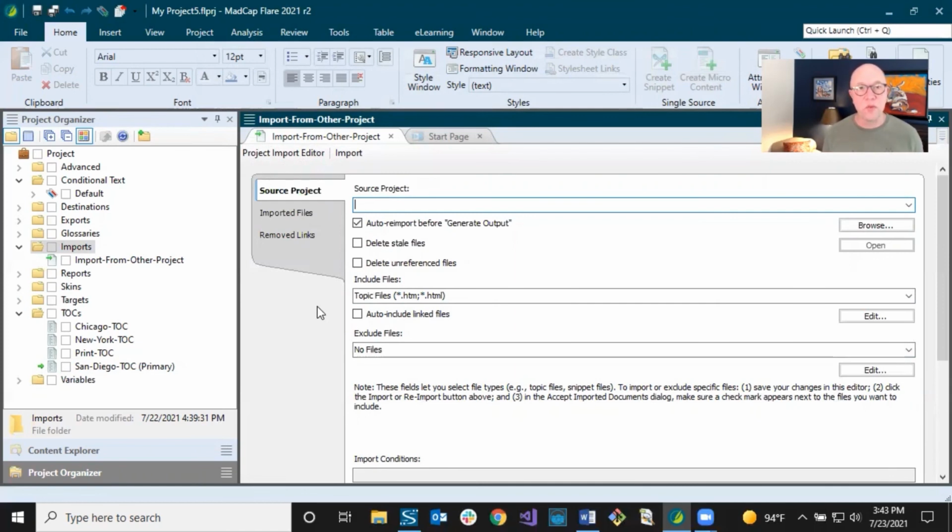It's just another way of single sourcing outside of a project, across projects. Really cool thing. But if you're not ready for that yet, it can wait. First, become proficient at doing the single sourcing using the snippets and conditions within the same project. And that is going to wrap it up for this